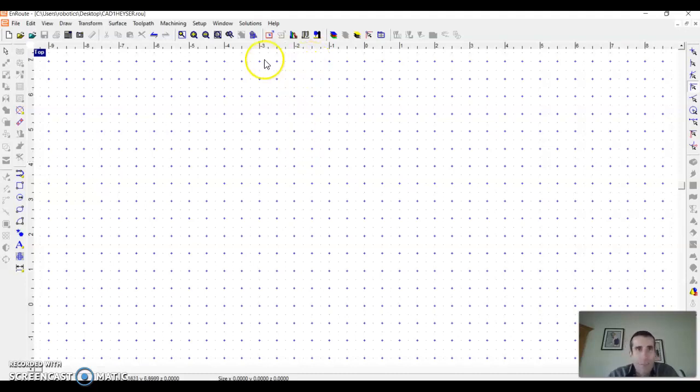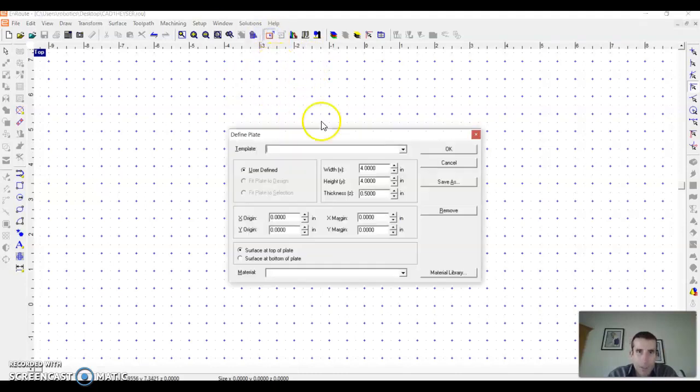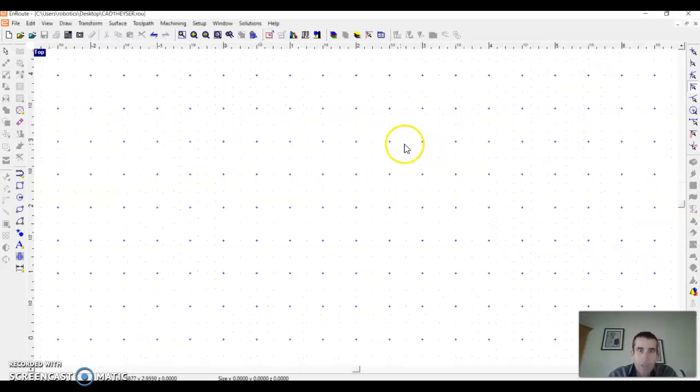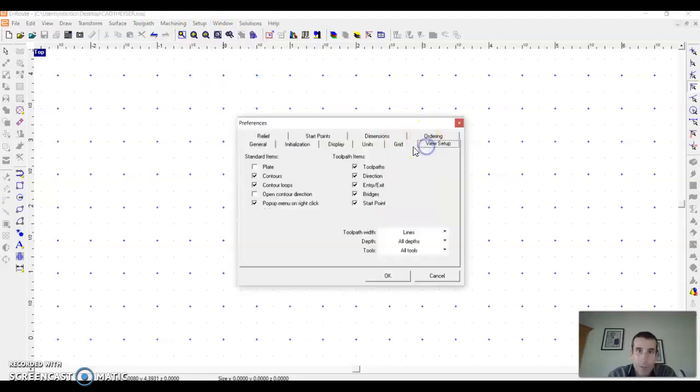So I'm defining the plate first. It tells me that's a good thing to do first. So I'm going to go up here to define the plate. It says to make the plate 4 by 4, and a thickness of 1 inch. Alright, and then I'm going to make my X and my Y at 0. And then I hit OK. So my plate is here, but I can't see it because I turned it off before. So now I'm going to go to Setup, Preferences, and I'm going to go View Setup,